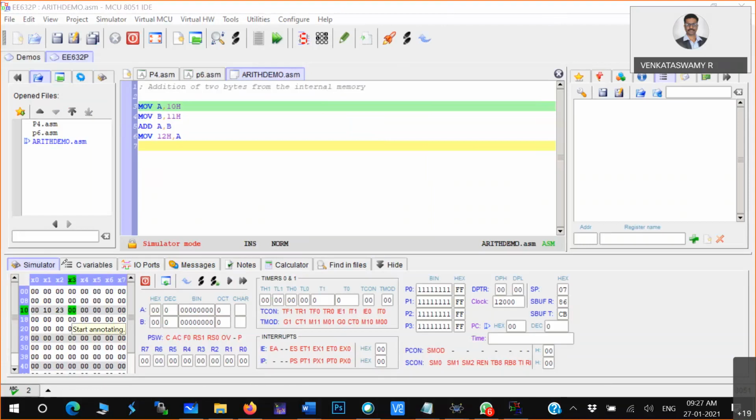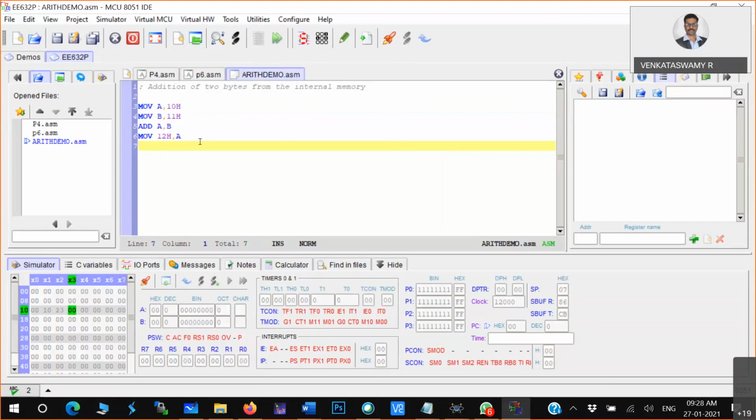So I stored that data in two memory locations. The first number is present in 11, then 12, then 13, where I want the result. Let me change that: the 11th is the first number, the 12th the second number, and in the 13th I want the result.